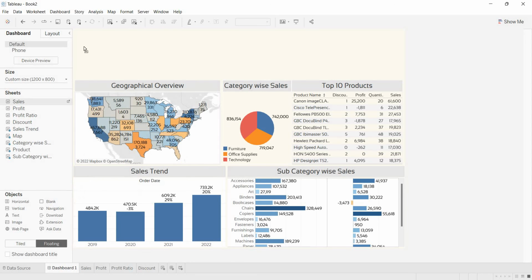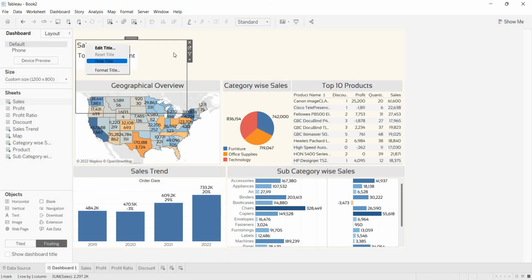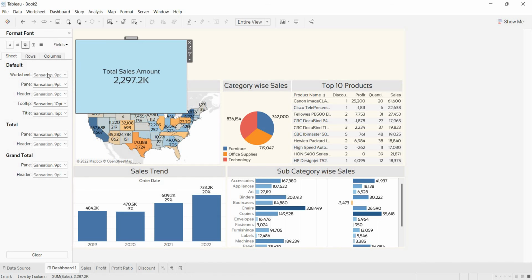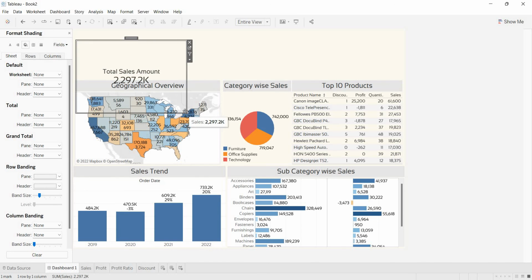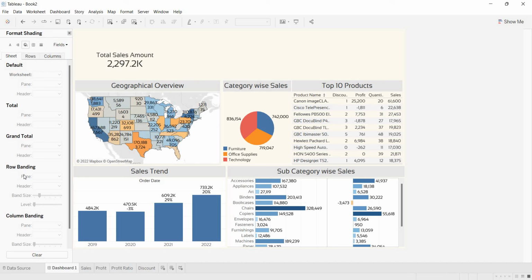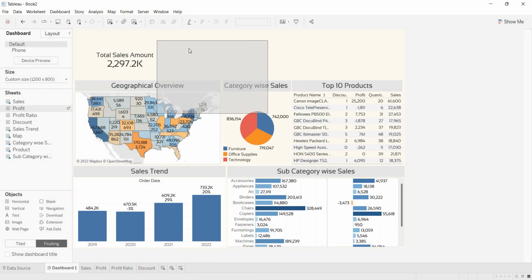So this also into our view. I don't want it here, so I want to show the